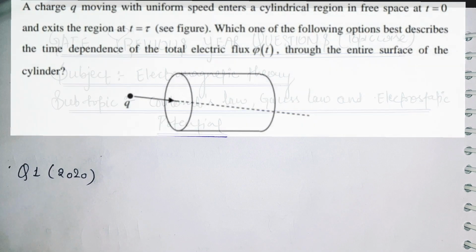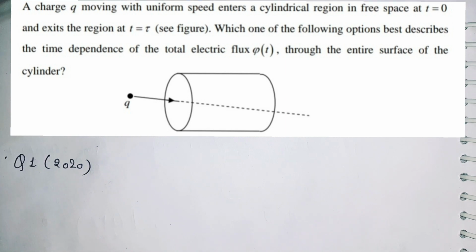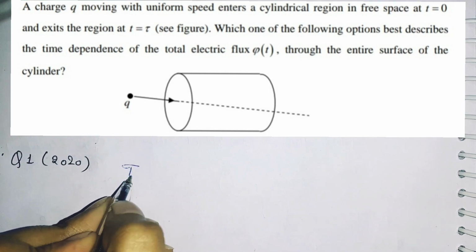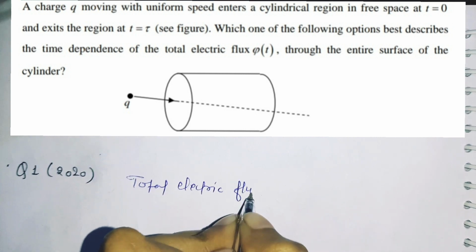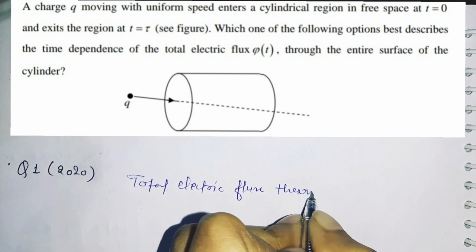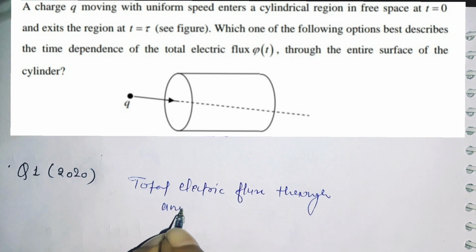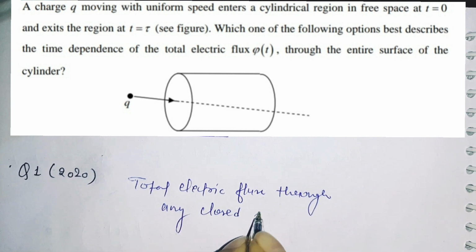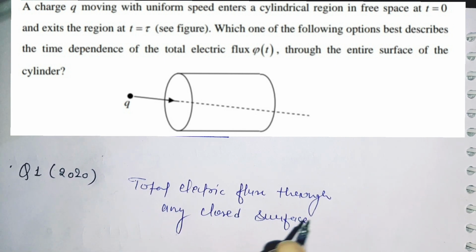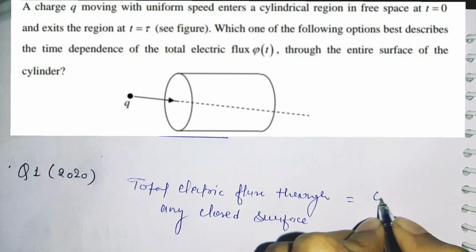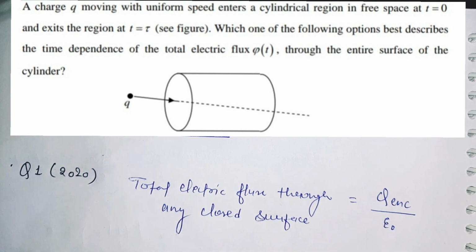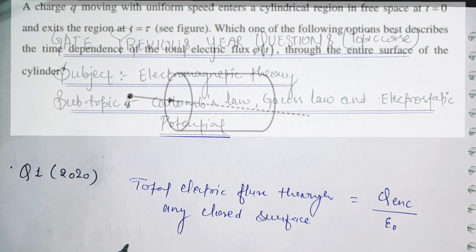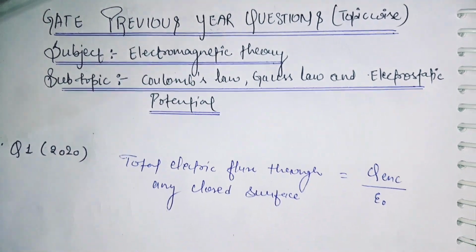It can be any surface. We need to remember only one point, that is the total electric flux through any closed surface will always be equal to the total enclosed charge divided by epsilon naught. So here we can see that the only charge we have given here is